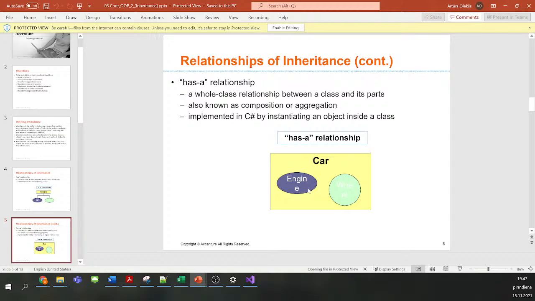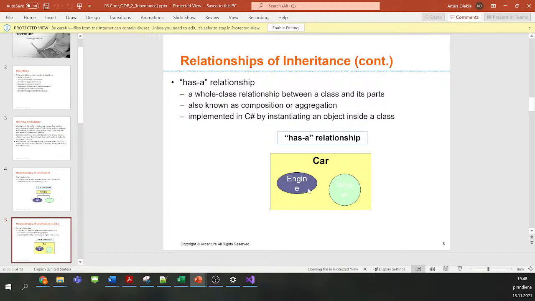If you are inside the car, or next to the car, you can access the engine. But imagine you are inside the engine of the car, then you cannot access the details of the car from the engine. You cannot access the wheel or other attributes of the car. It's simply not possible.